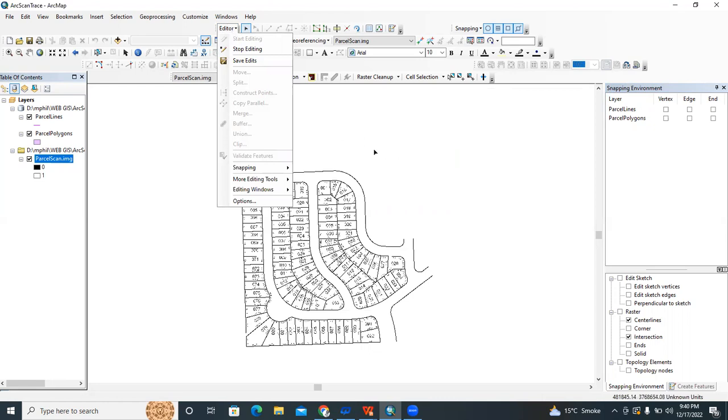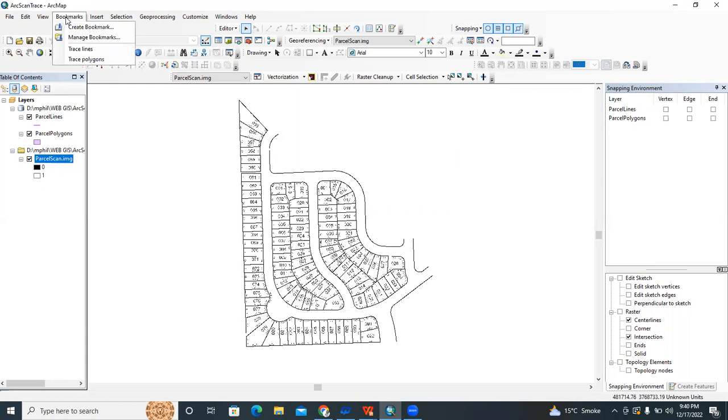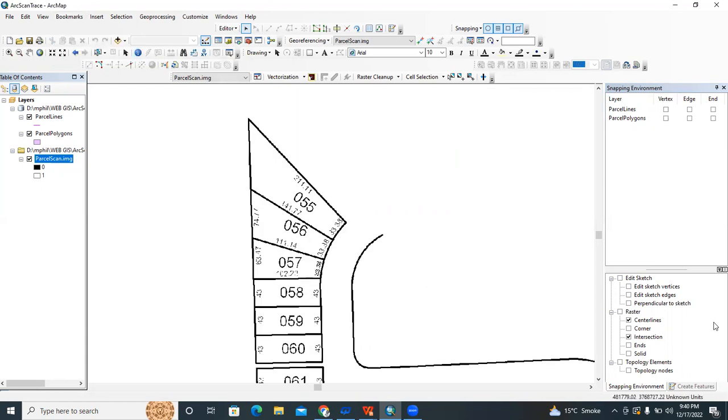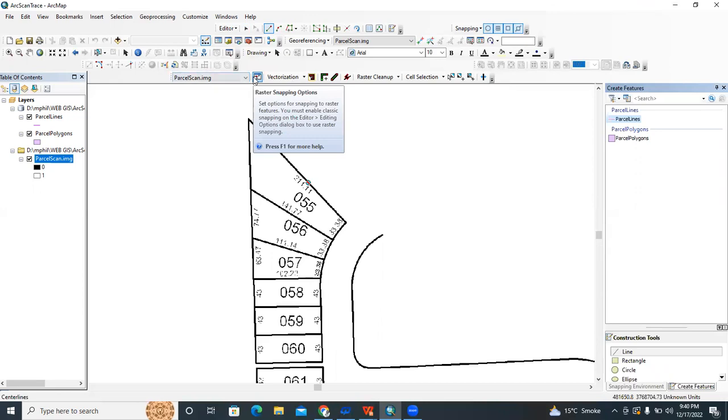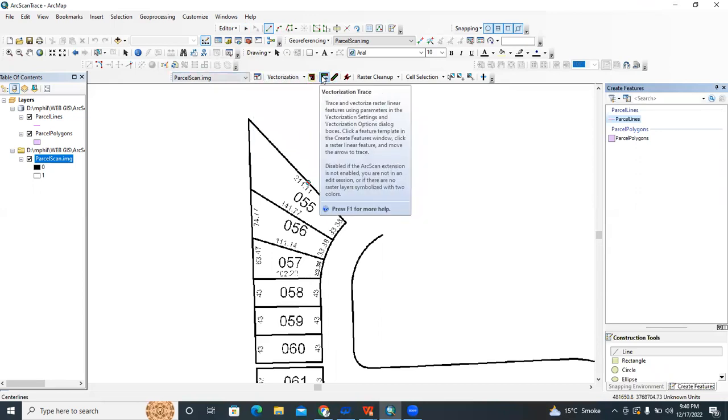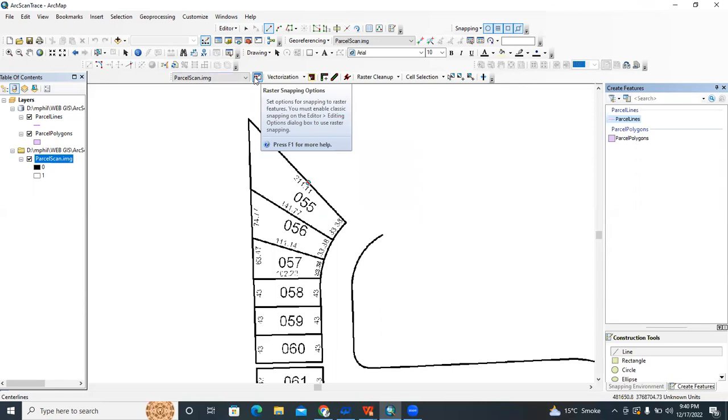And then I am going to create features by bookmarks and then trace line. Then I'm going to this create feature option, selecting this parcel line because I am going to create lines. And then, I guess I am missing something.